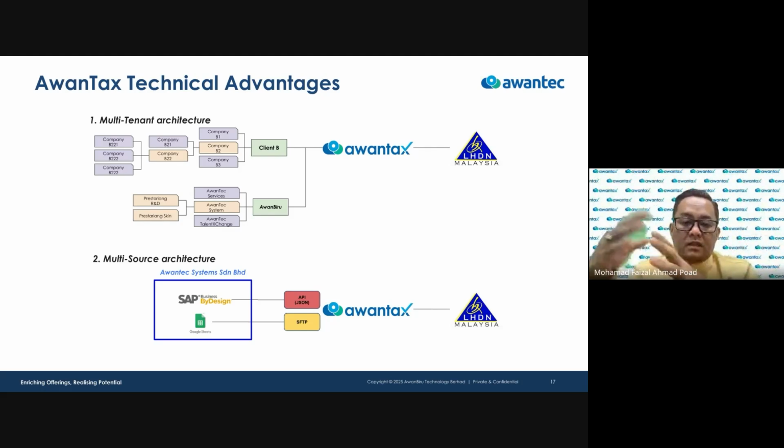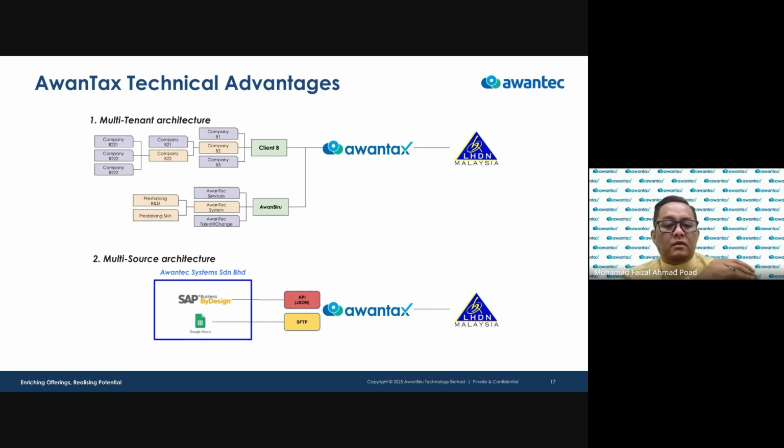And multi-source architecture is quite important. I do understand that some of the customers, driven by their needs, for example, use SAP. They already have some standards for proper billing using SAP, with automatic connection using the API, and maybe some very minimal cases are still manual.